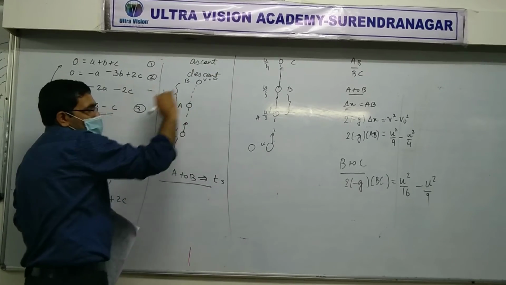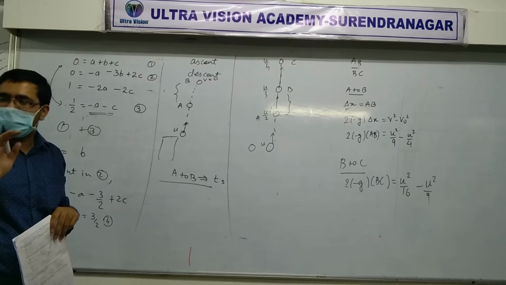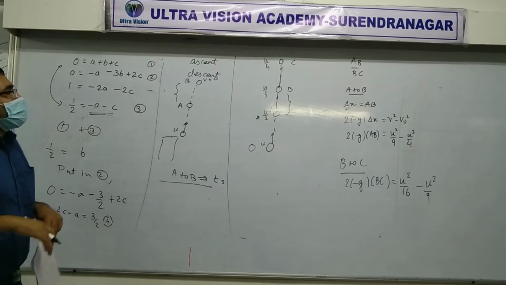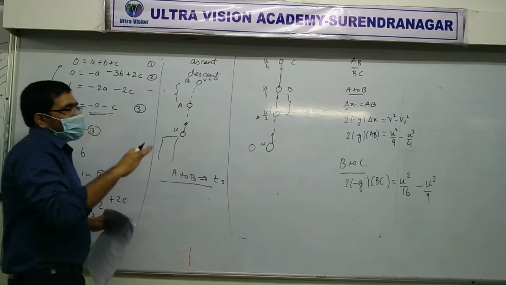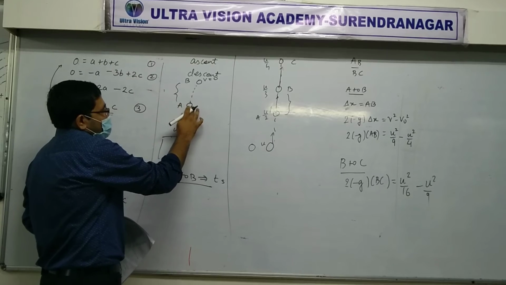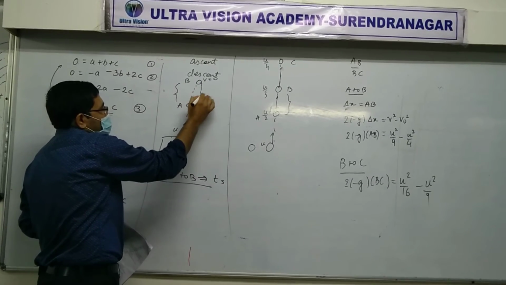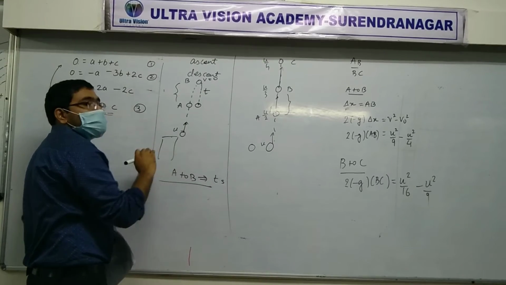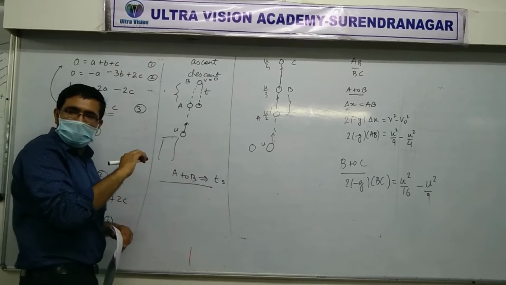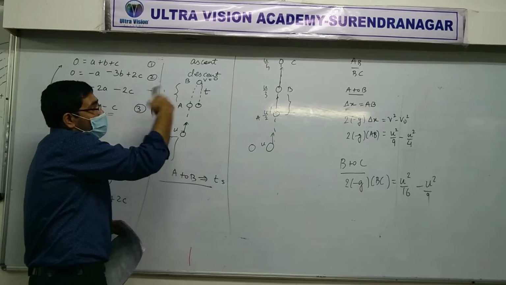At the highest point, the velocity will be 0. Is it fine? Okay. You can do it in a slightly different way. If in T seconds it will go up from here, then in T seconds it will come down till here. Did you understand? Yes. So instead of talking about A to B,